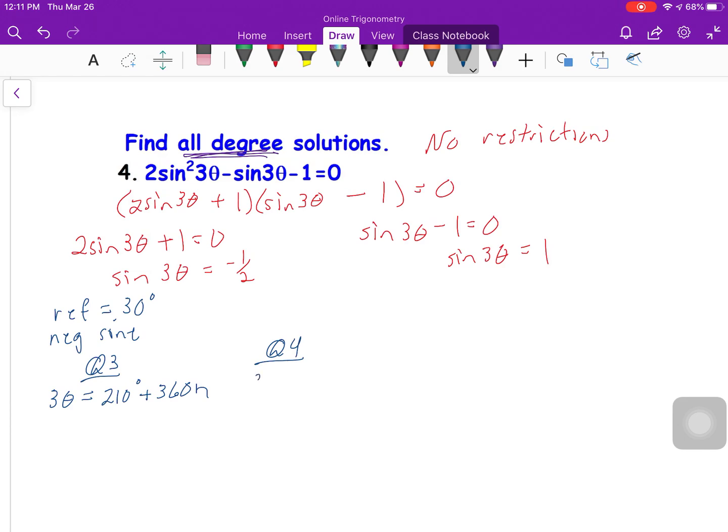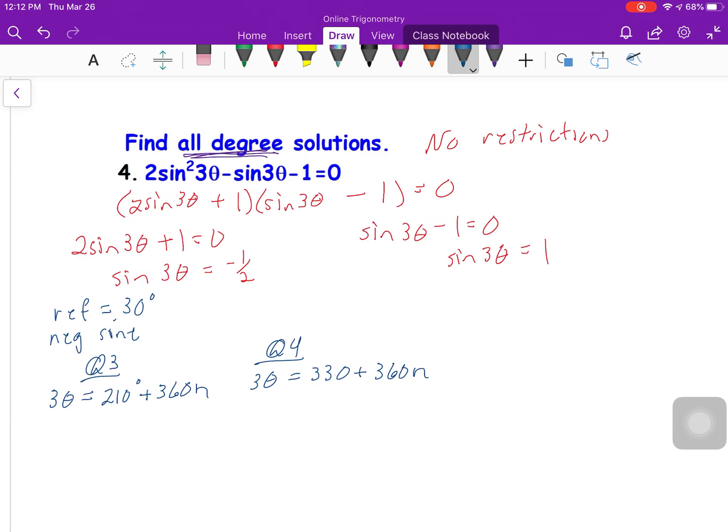For the quadrant 4 solutions, our 3 theta will be equal to, in this case, we'll have to subtract 30 from 360, so we'll end up with 330 plus, once again, our 360 times n. The 360 times n corresponds to adding full rotations. Now we'll come back and finish each of those in just a second, but if you look at the right